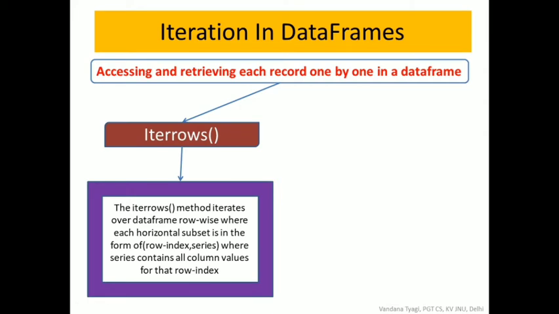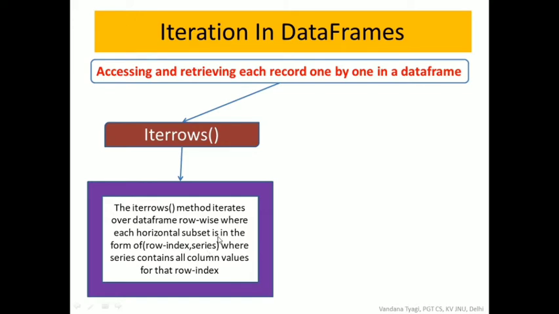Taking a row index, it picks up all the values of that row under the different columns, one by one, and then they are displayed using a series.